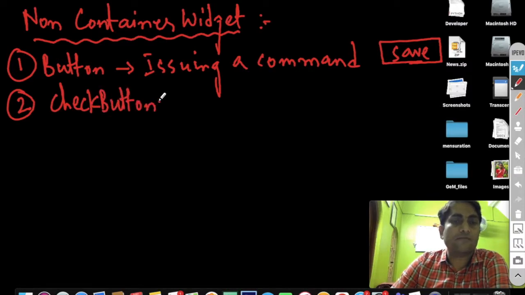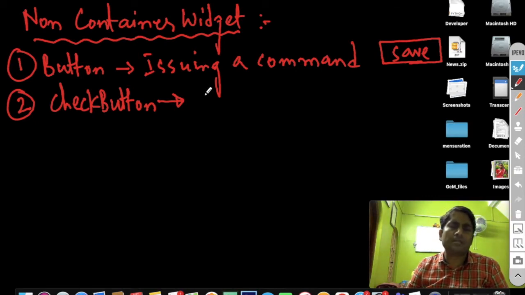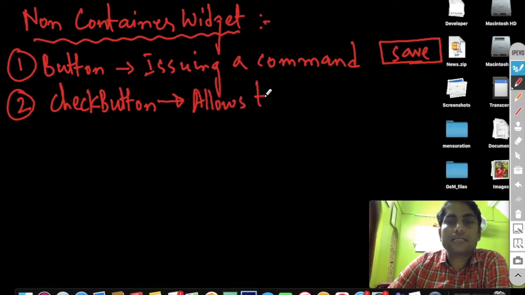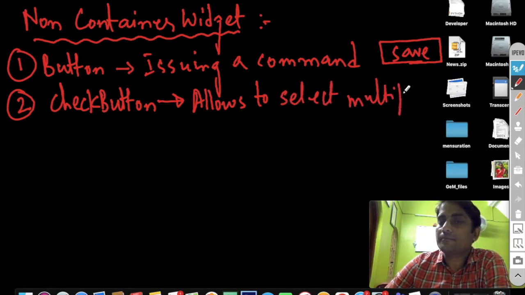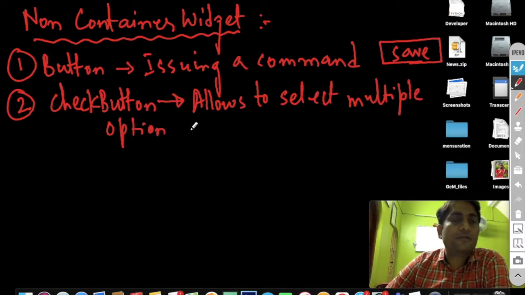Then we have what is known as the check button. Now what is a check button widget? A check button widget is basically used for allowing you to select multiple options out of given options, right? You are given a few options and you want to select multiple of them, so you can do it by using a checkbox. Basically a checkbox or check button looks something like this.